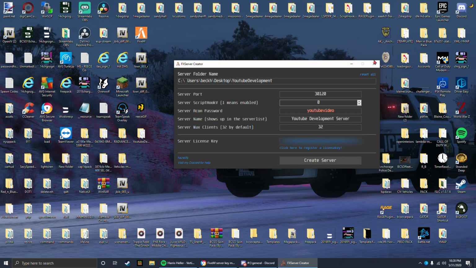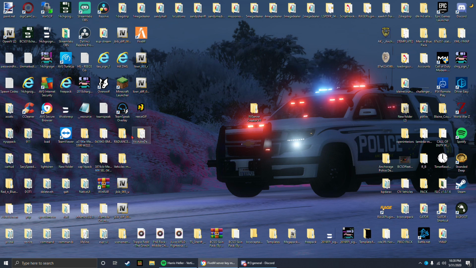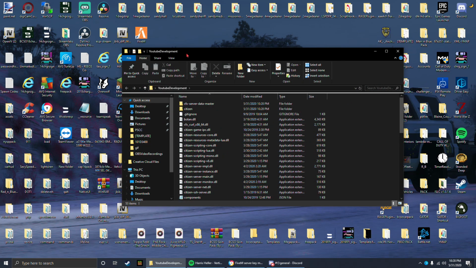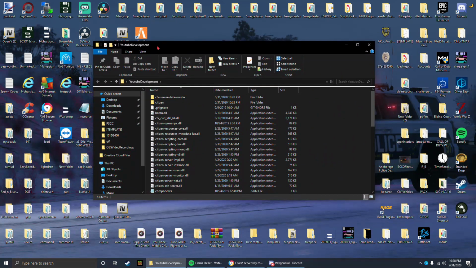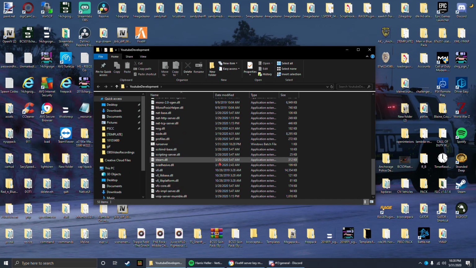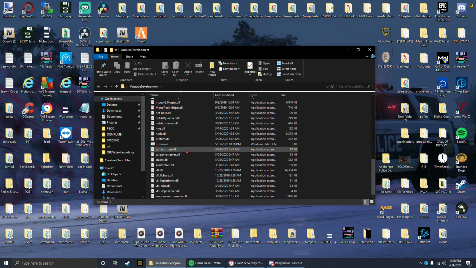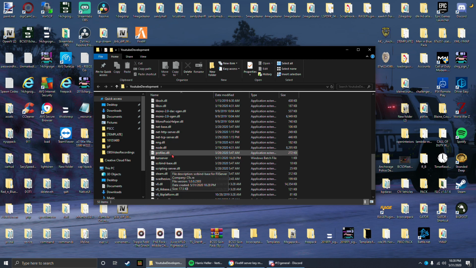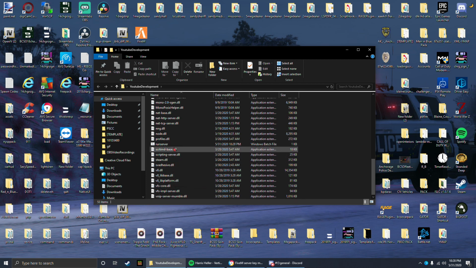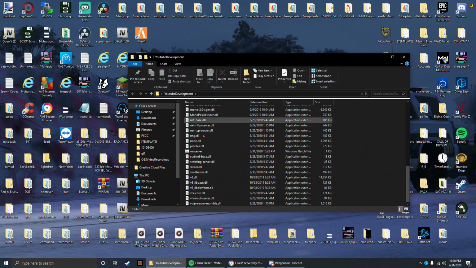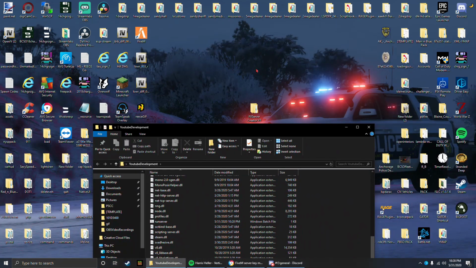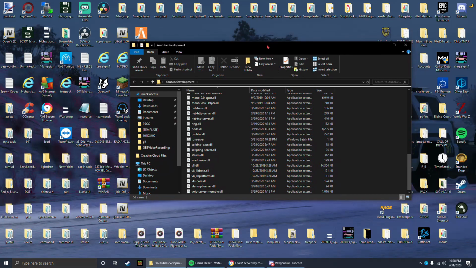All right. Should have been enough time, so I'm gonna go ahead and close it, open it up, and here you go. Here is your FX server host or home hosted server. All right. I'm gonna run you through pretty much everything. These are all files and stuff that you don't want to touch. You really don't want to touch it. All right. Run server. You can keep it in here if you want to have it organized, but I like to have a shortcut on my desktop. So what you're gonna want to do is click on run server,